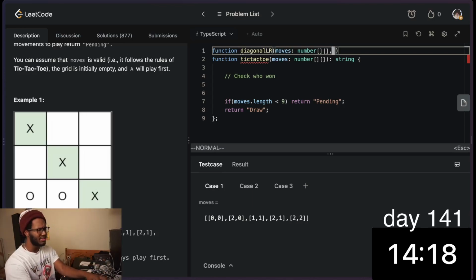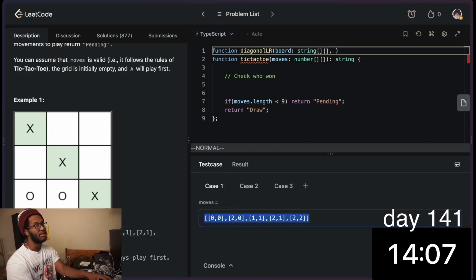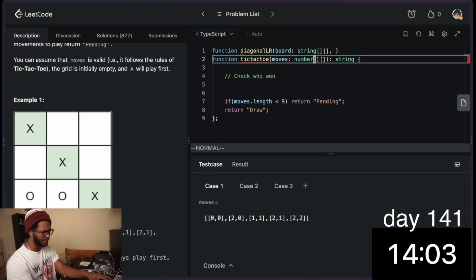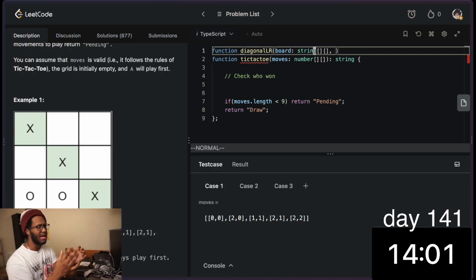This whole thing is simpler. I'm realizing if we just had board, which would be an array of strings, and we just represent the board instead of the board as moves. This lets us just check if the symbols are all the same. So in this diagonal function, we could pass in board, and the goal, you'd pass in it as well as a